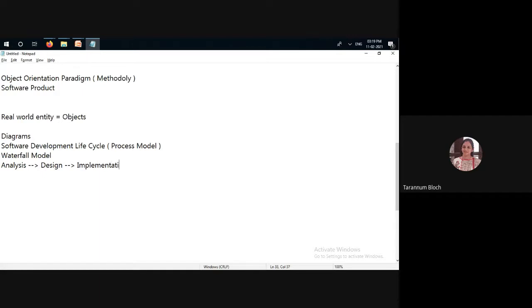We'll try to get new technical words, and this is how you can be a very good engineer. When you have good vocabulary, people will get impressed. So we will have analysis, design, and implementation. Once your code is implemented, you need to do testing, whether the project is working properly or not, and we'll fix the bugs that are exposed in the testing phase.